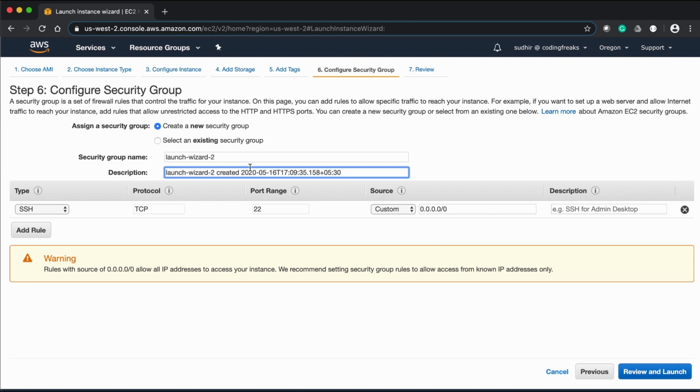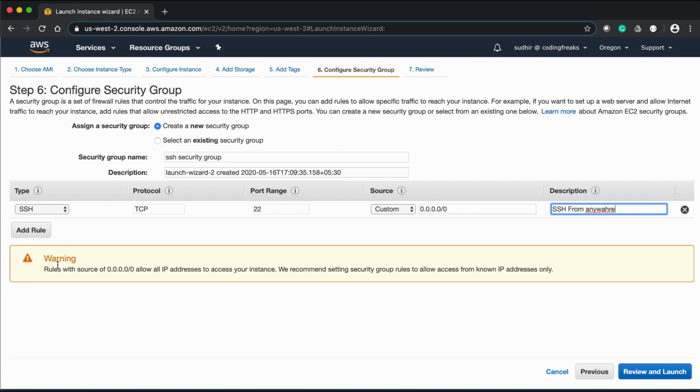Provided we are not going to specify any specific rule, I'm going to change it as SSH security group. Because in this we are going to have SSH inbound rule at port 22 from any of the IP to this instance. So we can add this security group to some other instance also. In that scenario, we will not have to recreate the security group. You may leave the description as it is.